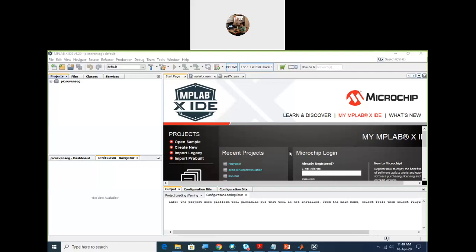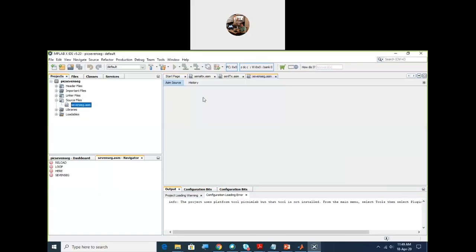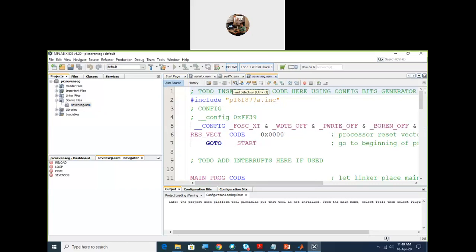So I have opened the project, which is PEEK 7 segment display interface. Now in this particular project there is one ASM file added. So I open that file.